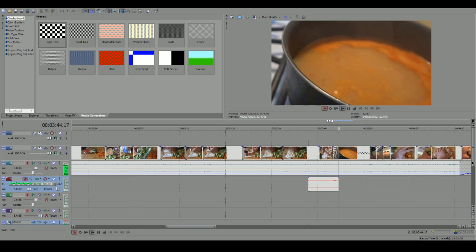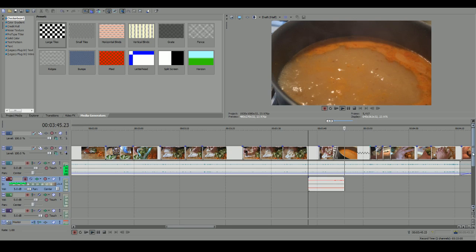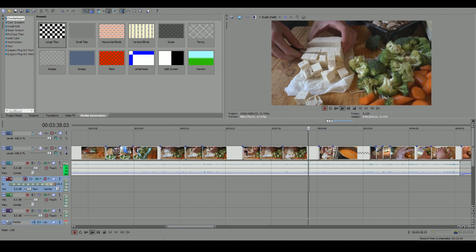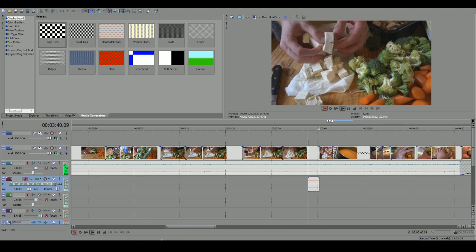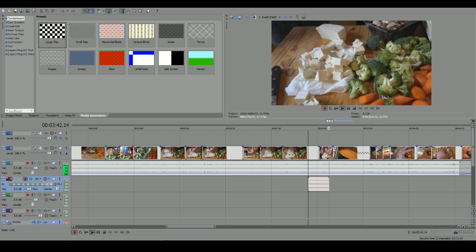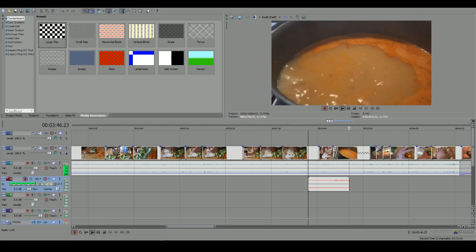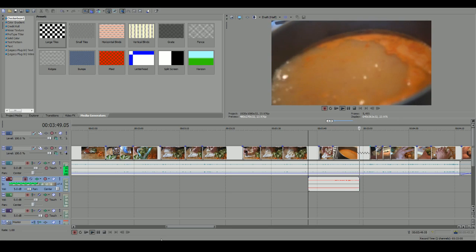So now by this point, you should have your bodacious broth bubbling up. It is completely ready to throw all the ingredients in.